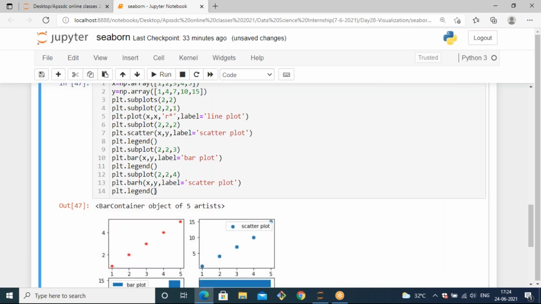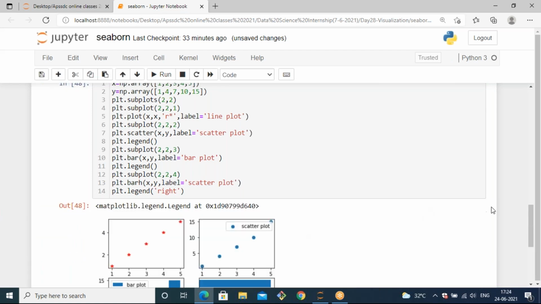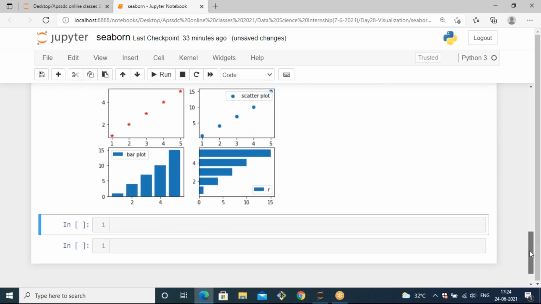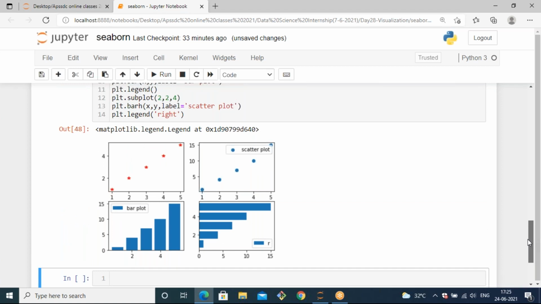Okay, legend will act like the name of the label.